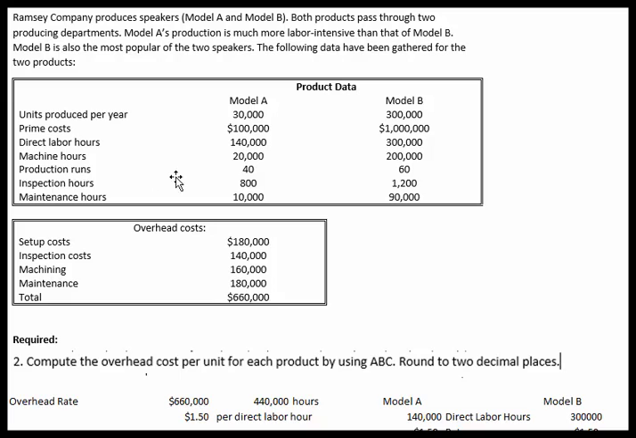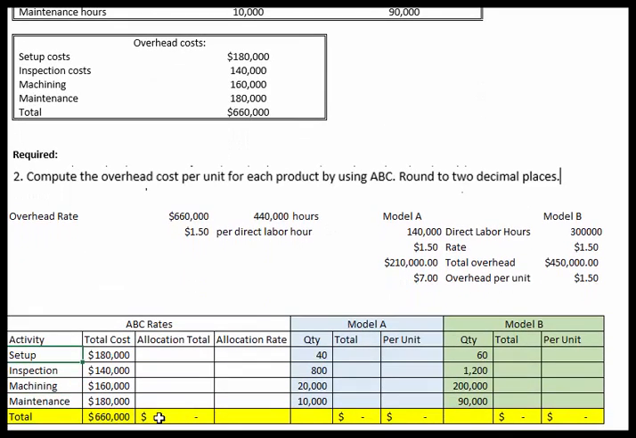And I've determined that production runs is probably the best base here, because each production run requires us to set up the machine. So if we're going to set up and run 40 different times to make these 30,000 parts, that means we have 40 different machine setups, and we'd spread these costs over the 40 and the 60, or 100. Okay, so the setup costs are going to be based off of the